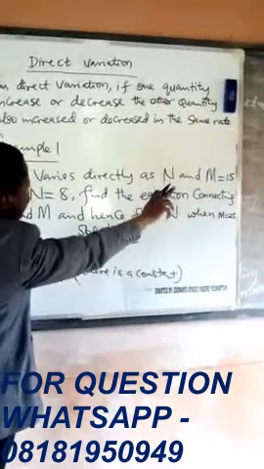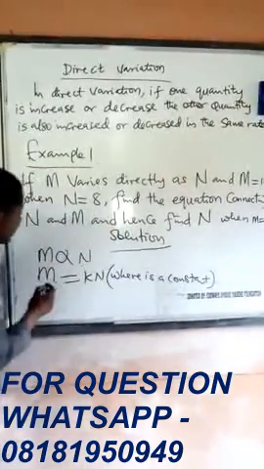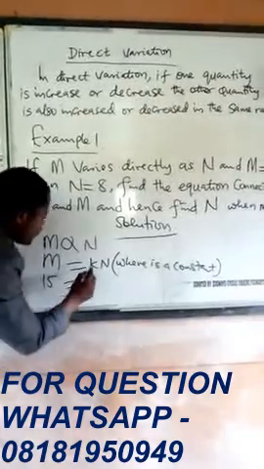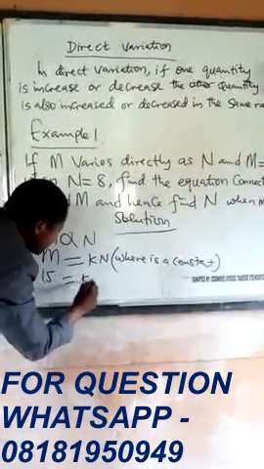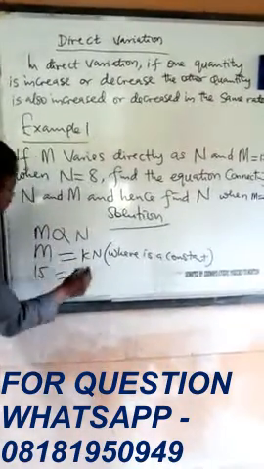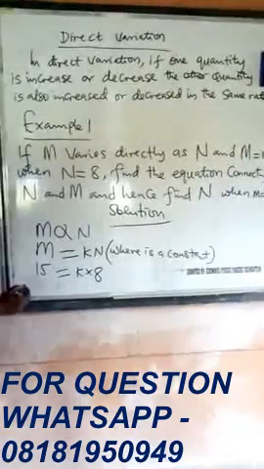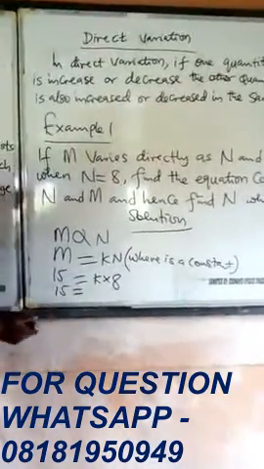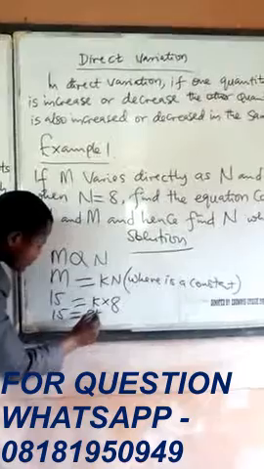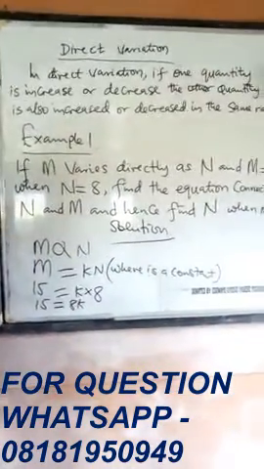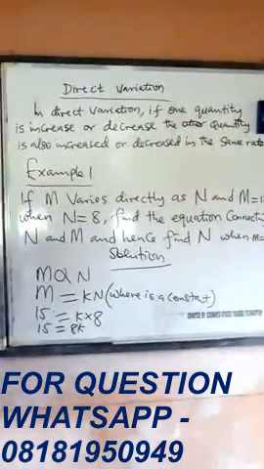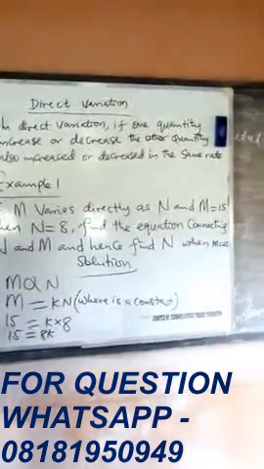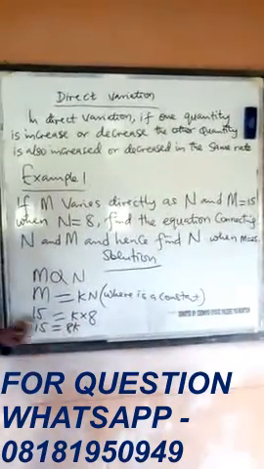When m is 15, n is 8. So m is 15, you put 15 here. You know that this one means k times n. That means k times n. N is 8. So we have 15 equals k times 8. We have 8k, not k8. Students, can you get that? We have 8k. Now the next thing, to get the value of our k,